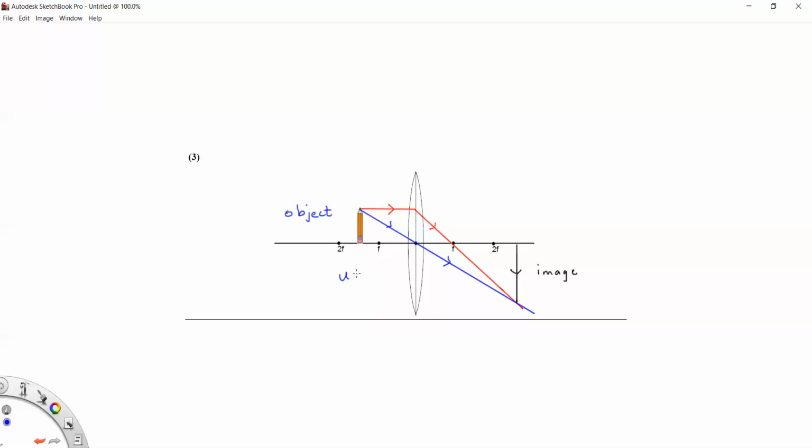So, okay, object is placed. Object is more than f and it is less than 2f. Object is between f and 2f, so image is beyond 2f. Okay, so characteristics of the image: number 1, real and inverted. Number 2, magnified. And again, on the other side of the lens, as you can see.